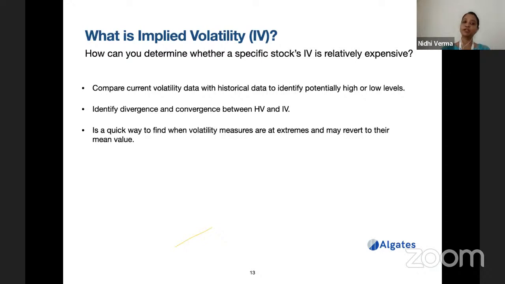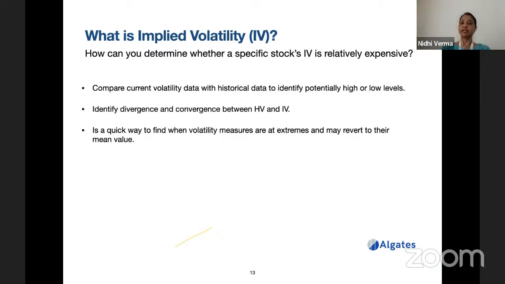You can see how Nifty option chain IV is moving over time, how Bank Nifty option chain IVs are moving. If you are doing stock options, say 5 or 10 stock options which you regularly trade, then you can keep a tab on them over time and see how the volatility is moving. And then you can identify the convergence and divergence between HV and IV. HV is historical volatility and IV is implied volatility. Historical volatility is basically what has already happened.